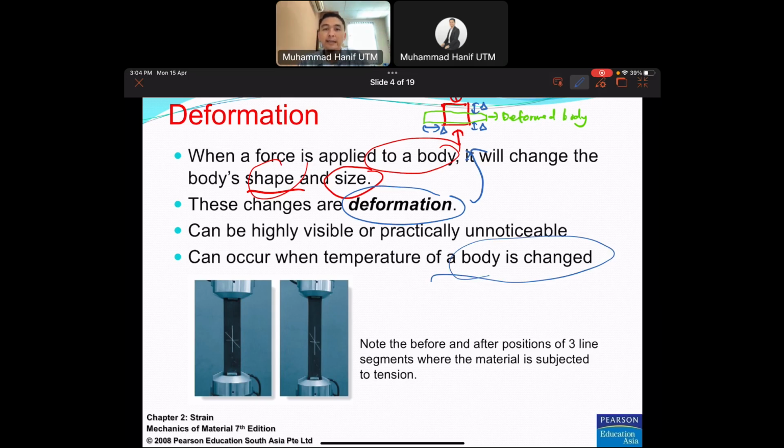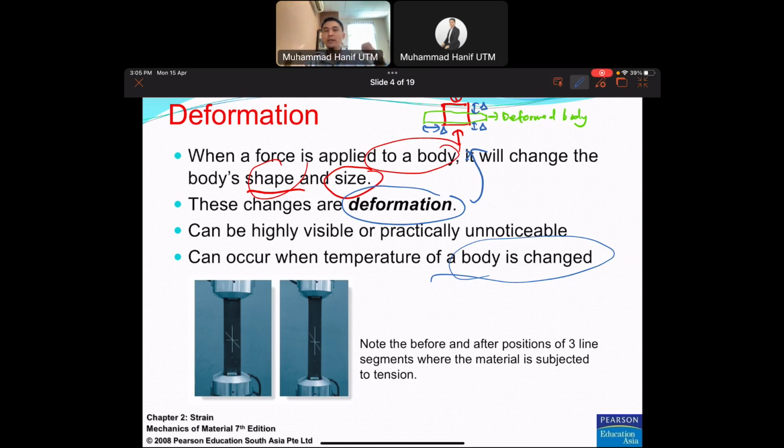So another D is that the material itself can be changed according to the temperature, for example, or humidity, like our body, of course, like our skin. If you go to a different country having a low temperature, then the skin will be squeezed like that. And if you can see here, this picture shows you the tensile test where the machine